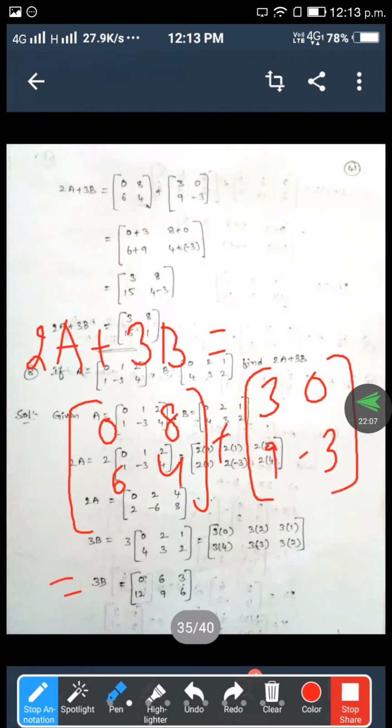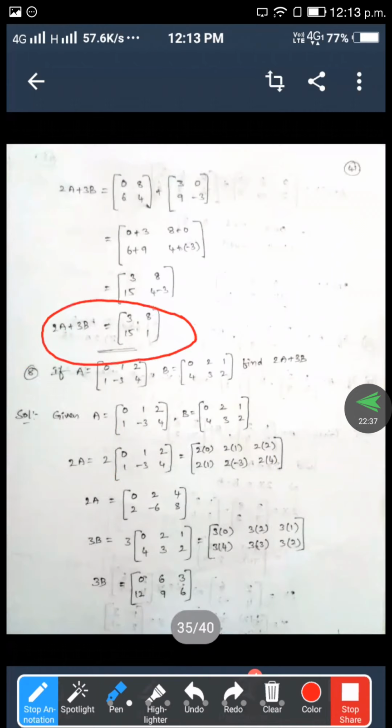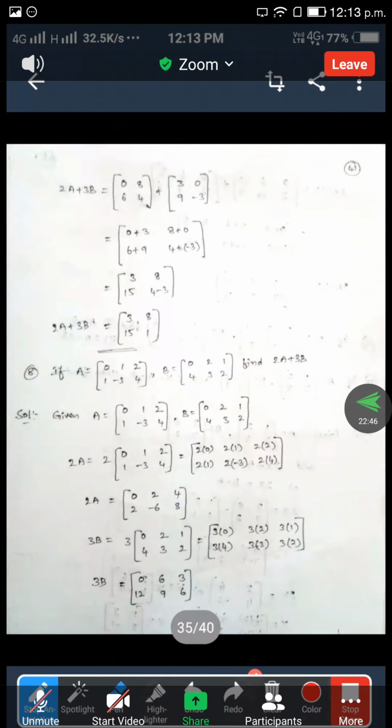Then adding these: the first element 0 plus 3 is 3, 8 plus 0 is 8, next 6 plus 9 is 15, and 4 minus 3 is 1. So 3, 8, 15, 1 is the answer. Right. Next, same problem but the order changes. In previous